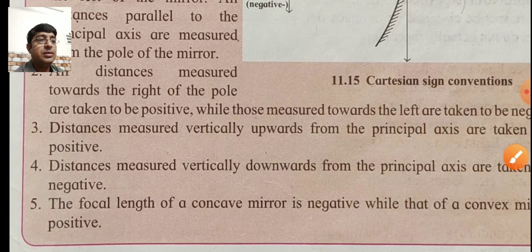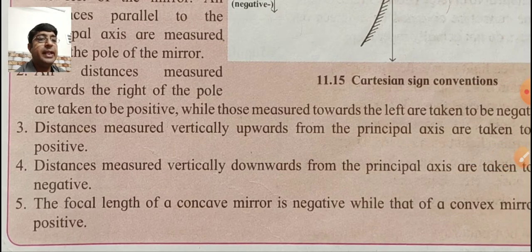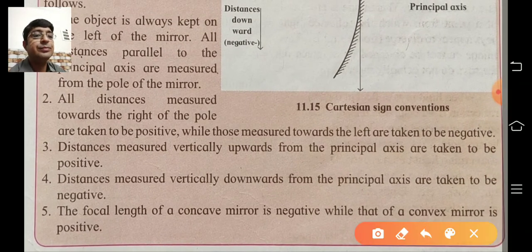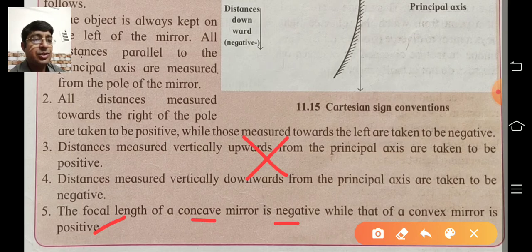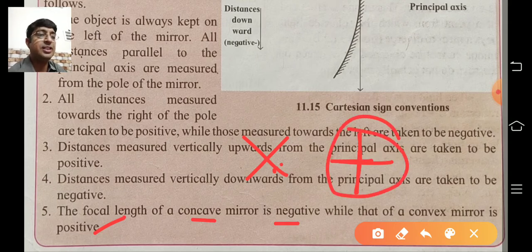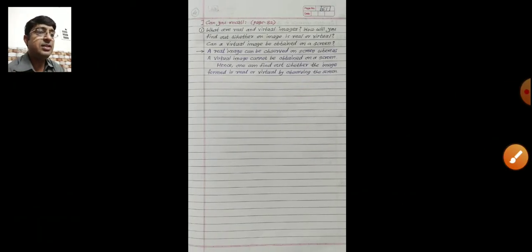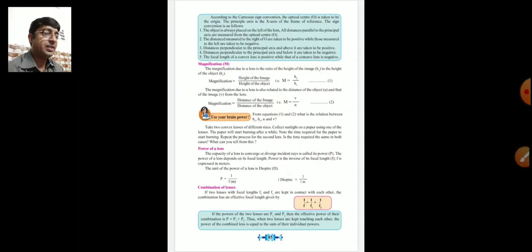Next one, the focal length. The focal length of concave mirror is negative, while that of convex mirror is positive. So in convex, spelling of convex, x is there, just you turn it like this, so it looks like a plus sign. Plus sign means convex mirror, focal length of convex mirror is positive. In this way you remember. So this is a recall question given on that paper. Check that.